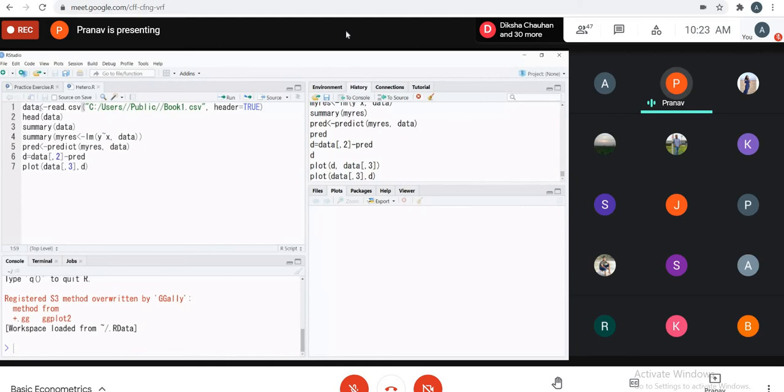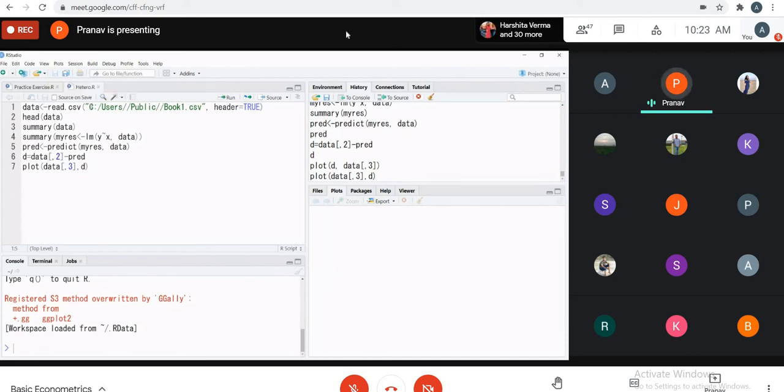So I have used this command and this data. Sorry, I have stored this file by the name data. You can use any variable name. So data as a variable has been stored as read.csv. The path name is